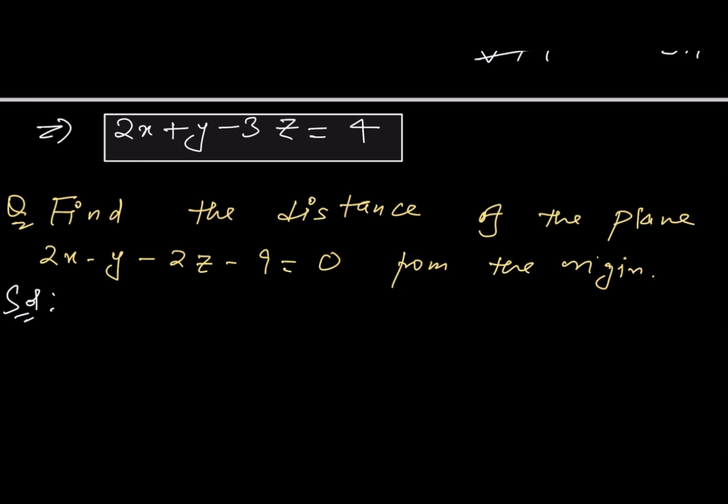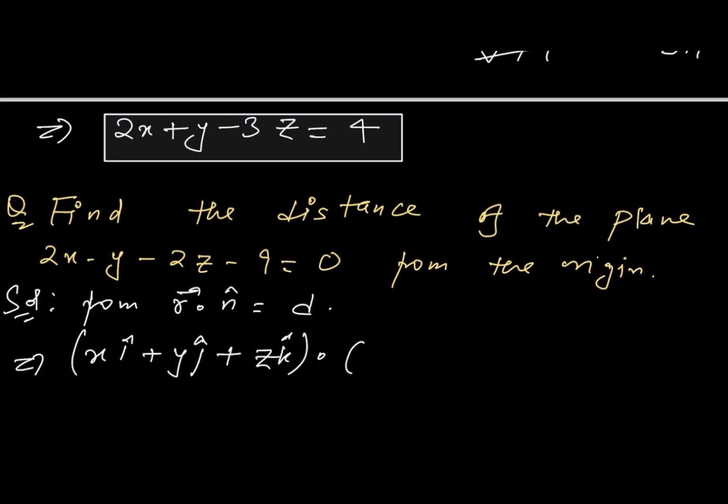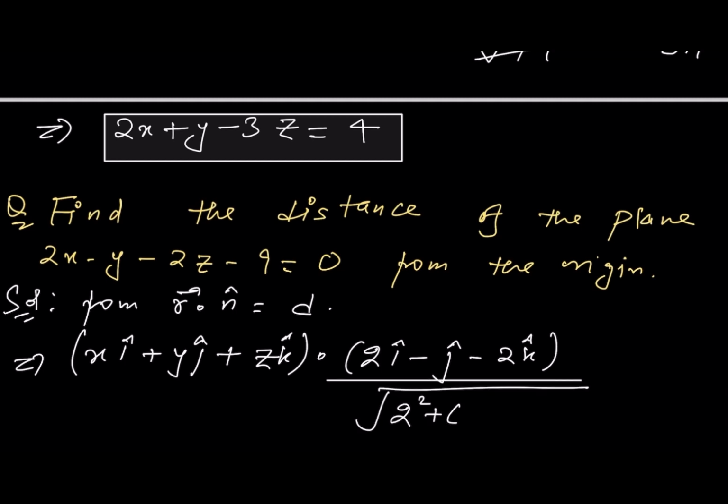So from r dot n cap is equal to d, we can write it as xi cap plus yj cap plus zk cap dot 2i cap minus j cap minus 2k cap by root over 2 square plus minus 1 square plus minus 2 square is equal to 9